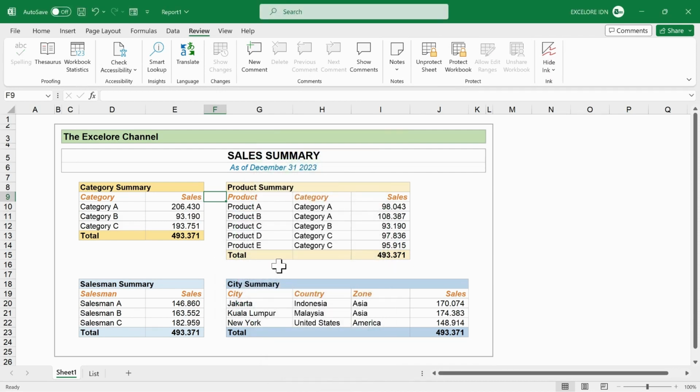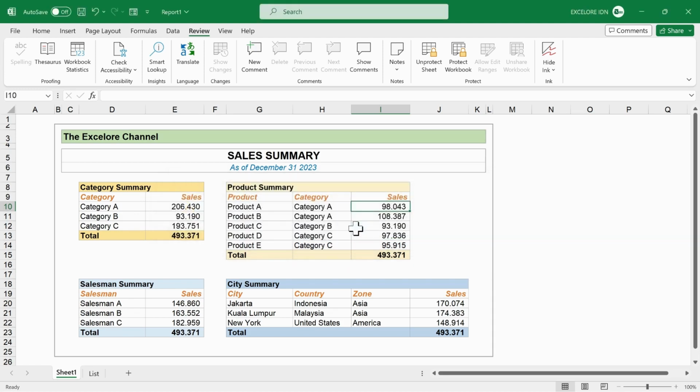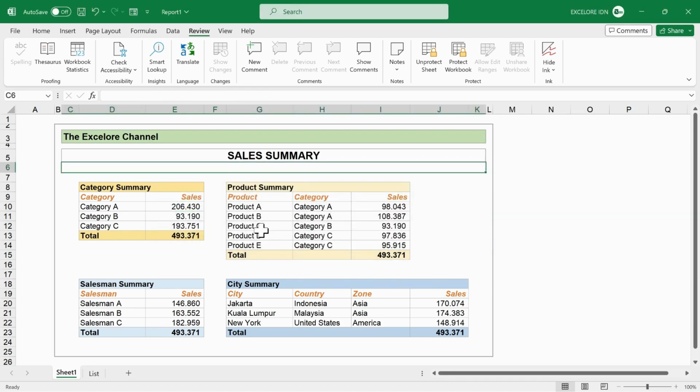To test the protection, select a cell within the protected range and attempt to delete its contents. A warning message will appear, indicating that the cell is protected and cannot be deleted. Additionally, the contents of the cell are not visible in the formula bar as it was set hidden. Then move to the other cell. The contents are visible in the formula bar, although it cannot be deleted. Then select the cell that is not protected. Okay, we can delete its content.